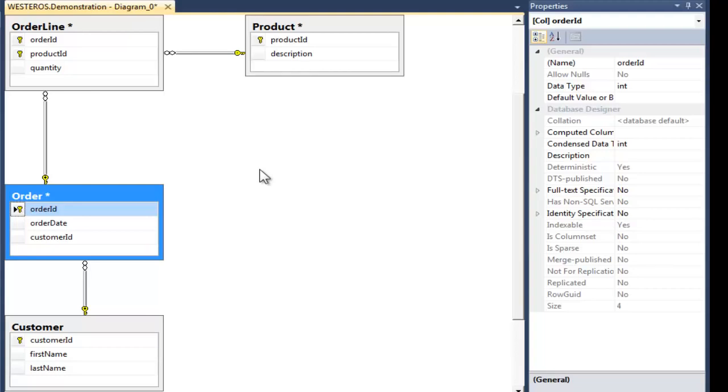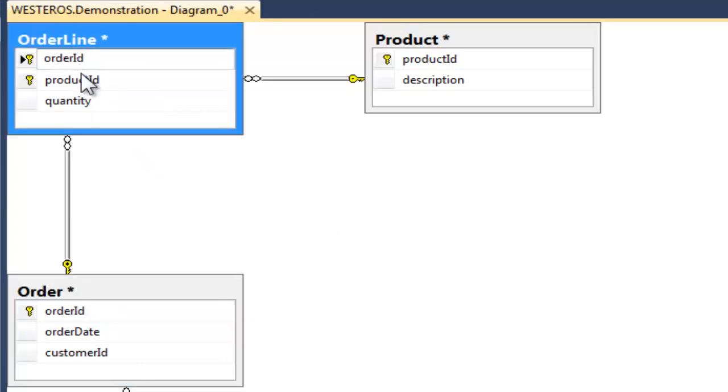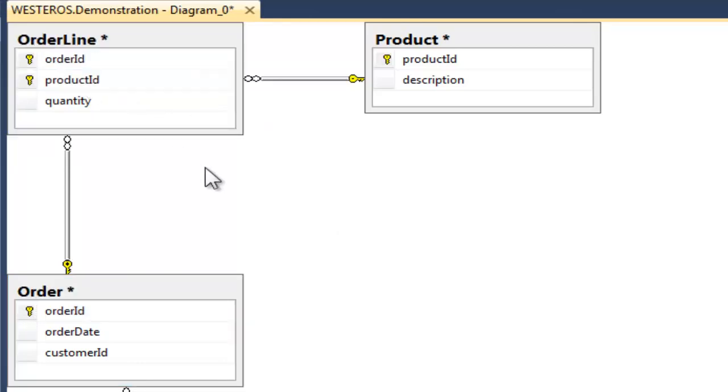One thing that I would like to note before I end this brief tutorial is that remember in the order line table that we established order ID and product ID as a composite primary key. And we can see this by noticing that there are two key icons next to the names of those columns. So this is a composite primary key. But, and this is a very important point,